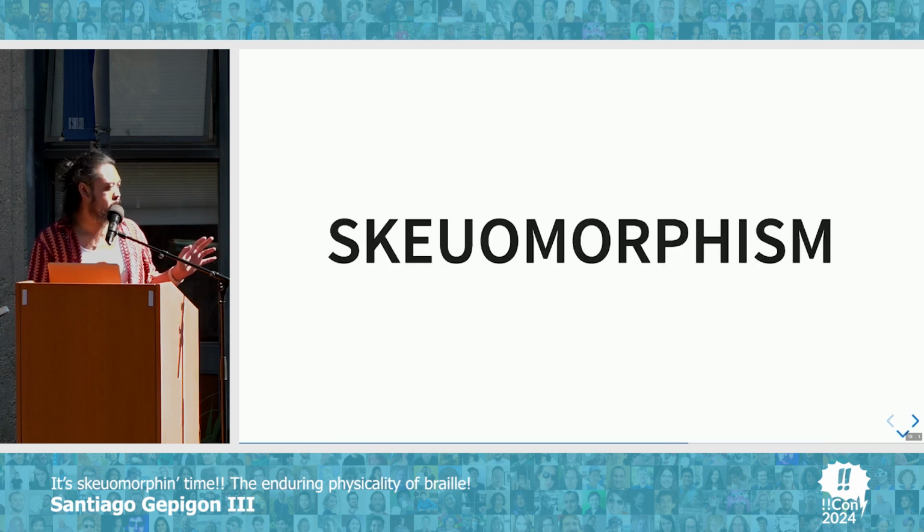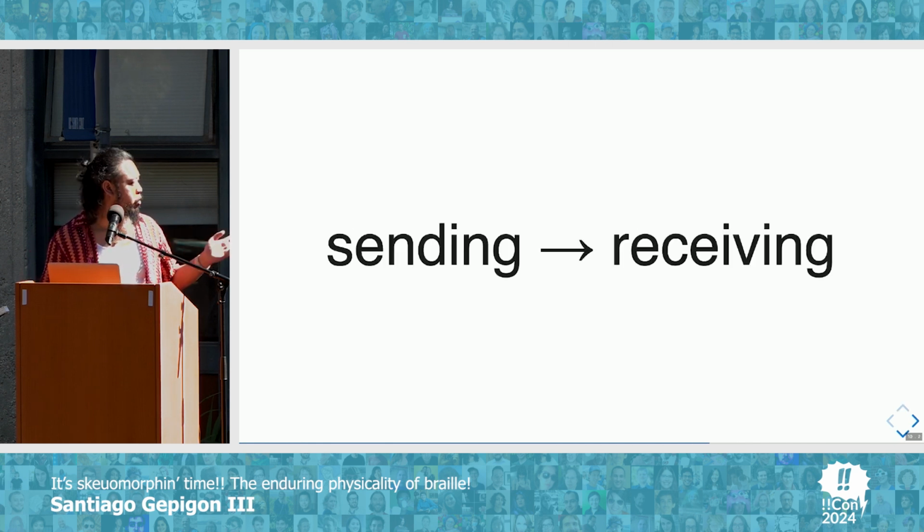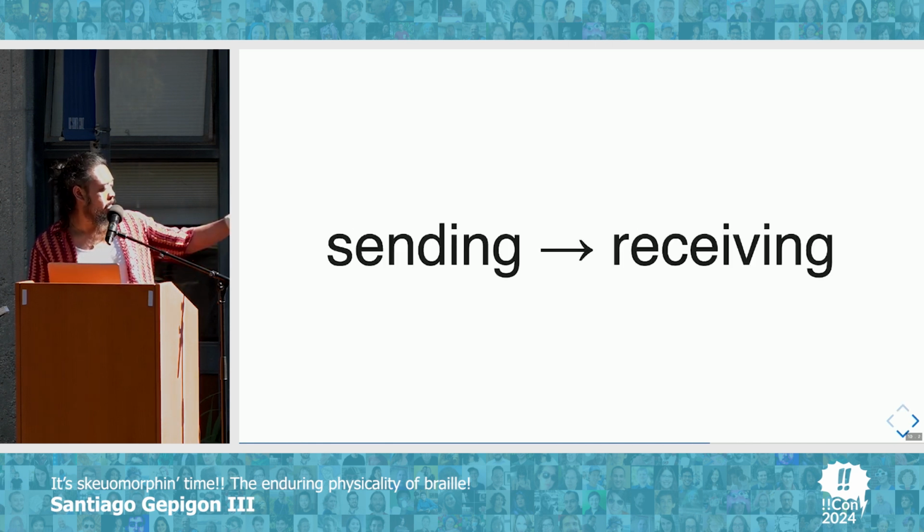And so all this goes to this big word that's part of my title, skeuomorphisms. Usually it's used in the context of aesthetics: the Apple Notes app looks like a note page, the calendar looks like a calendar with leather. But what I want to talk about here is leveraging existing input methods and the receiving outputs, by playing around with this equation I showed earlier, sending,